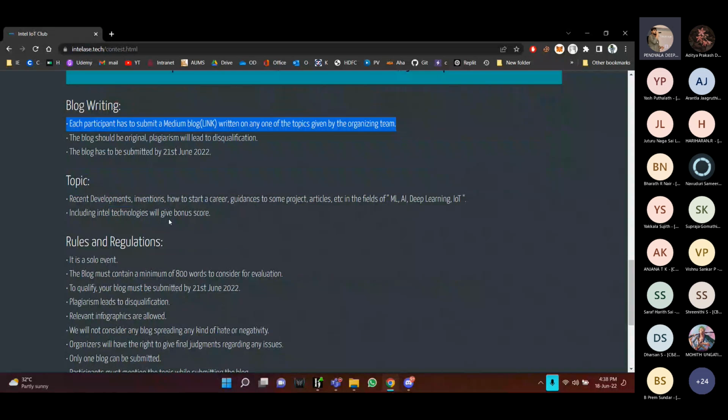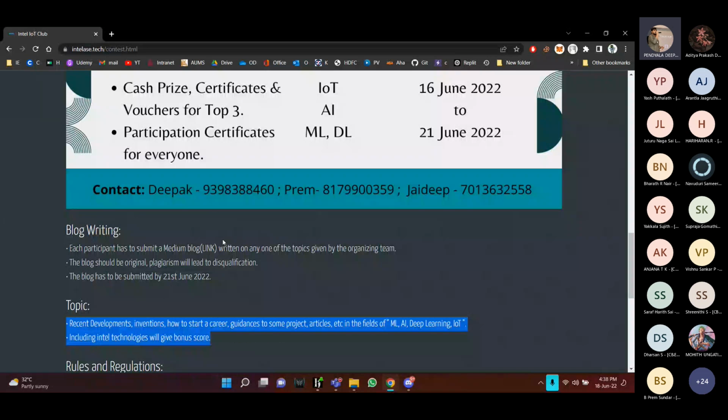It is not only on Medium actually, but the most preferable website is Medium. Why Medium? Medium is a simple one where you can post a blog as simply as posting on LinkedIn or a Facebook post. And then you can create the blog on GitHub. I will show you how to do that too.